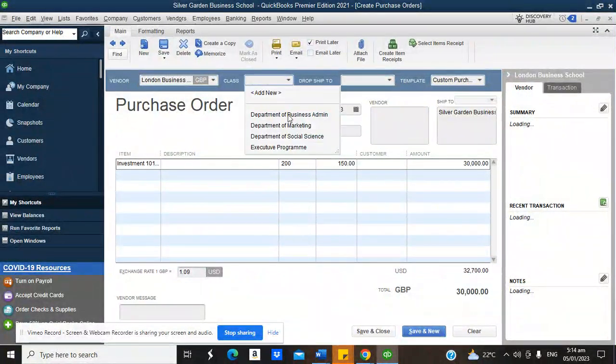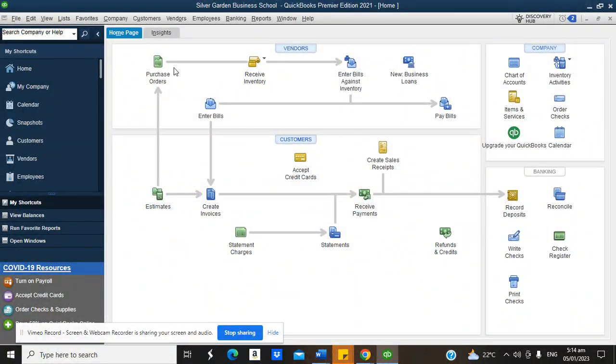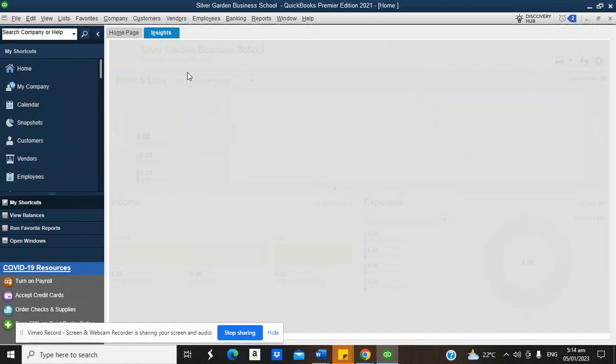For our department, we are buying it into the Department of Business Administration. You click save and close. Now, like I said, this is just an order. It's not going to reflect in our account. So the next part